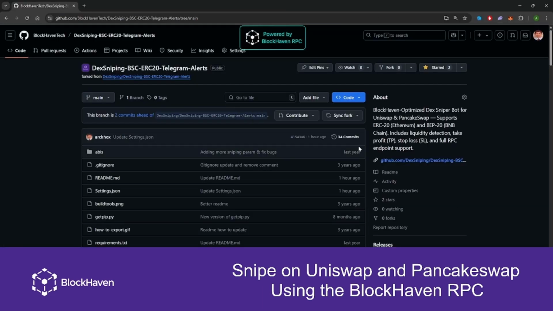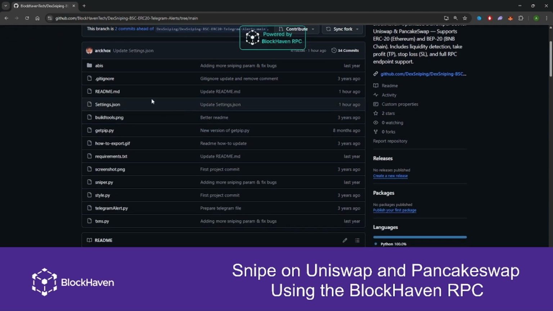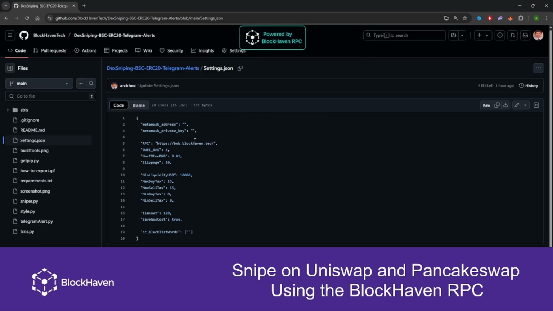The next thing you need to do, we have actually already done in the settings.json. We have added the RPC of BlockHaven. This is for using it on PancakeSwap because it's using the BNB RPC. And if you want to use Uniswap, you have to change it to Ethereum.blockhaven.tech. And the second thing you need to do is acquire your public key of MetaMask and